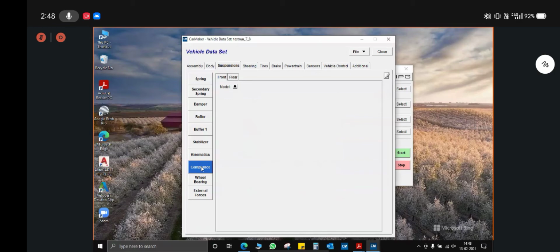Okay. Now the compliance tab, you can simply leave as not specified. Now the wheel bearing tab. In the wheel bearing tab, teams can define the wheel bearing friction.